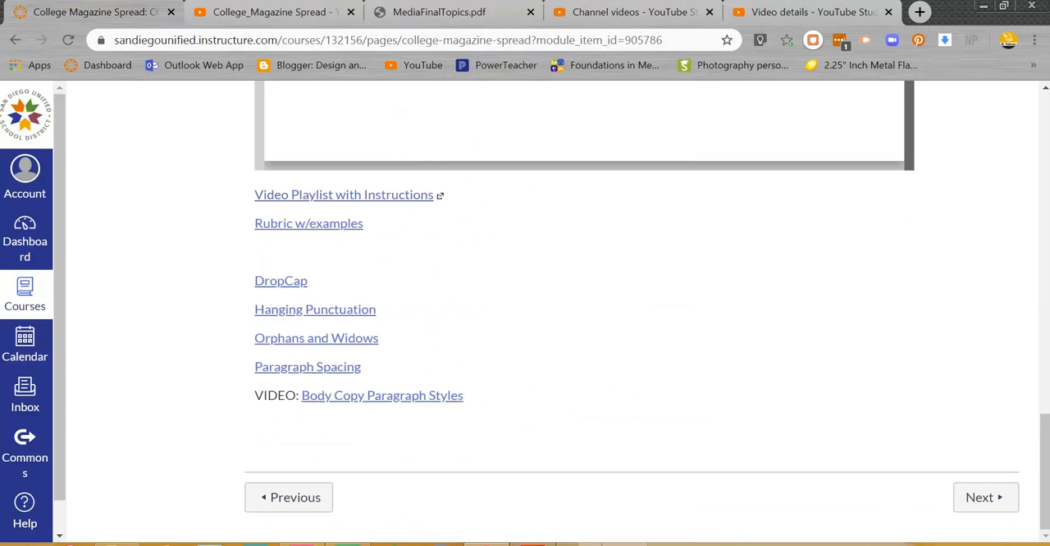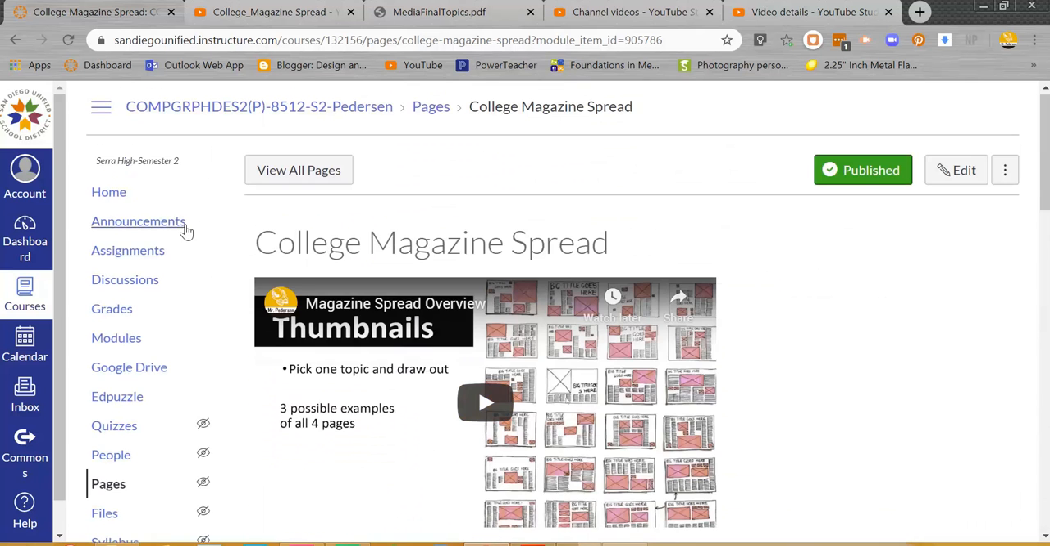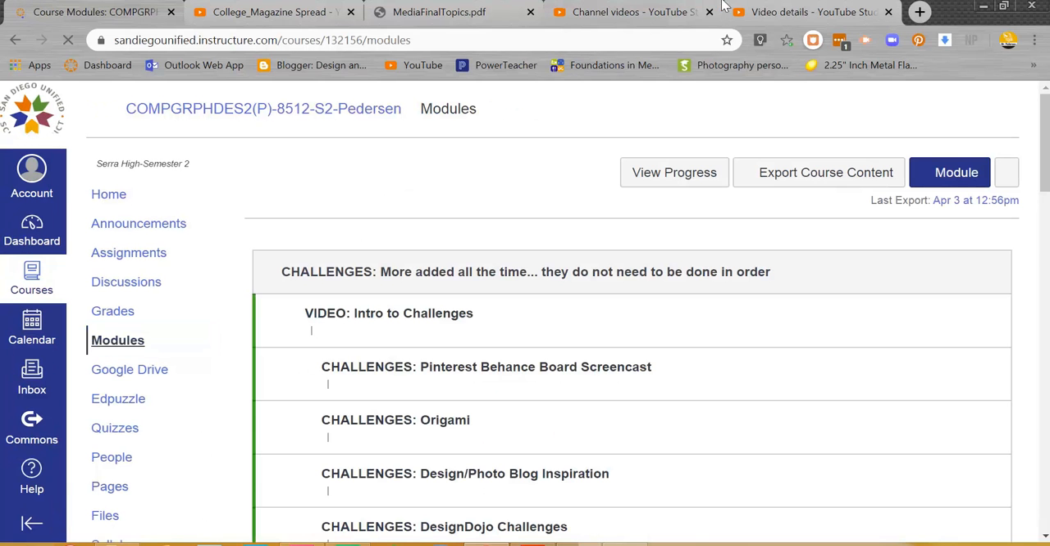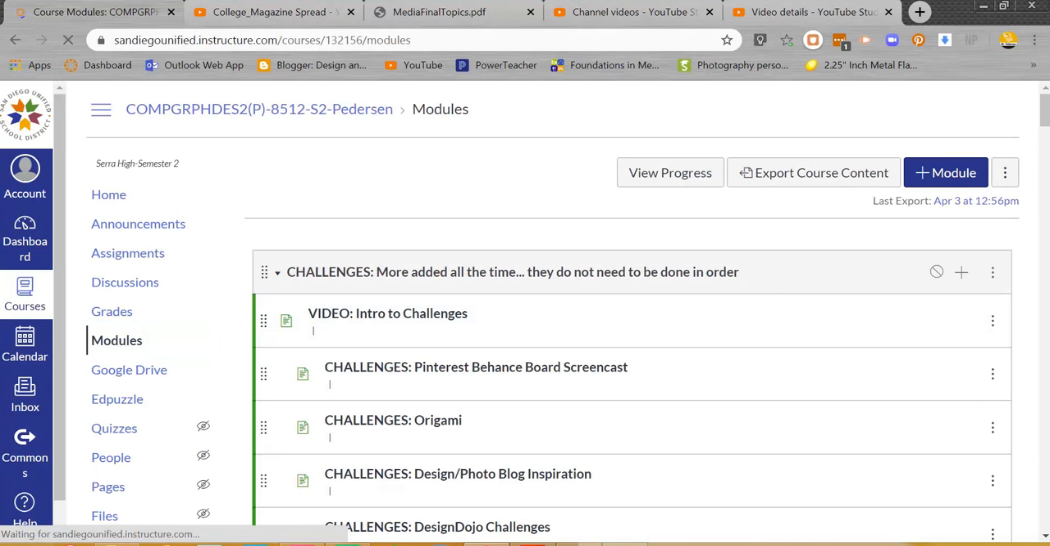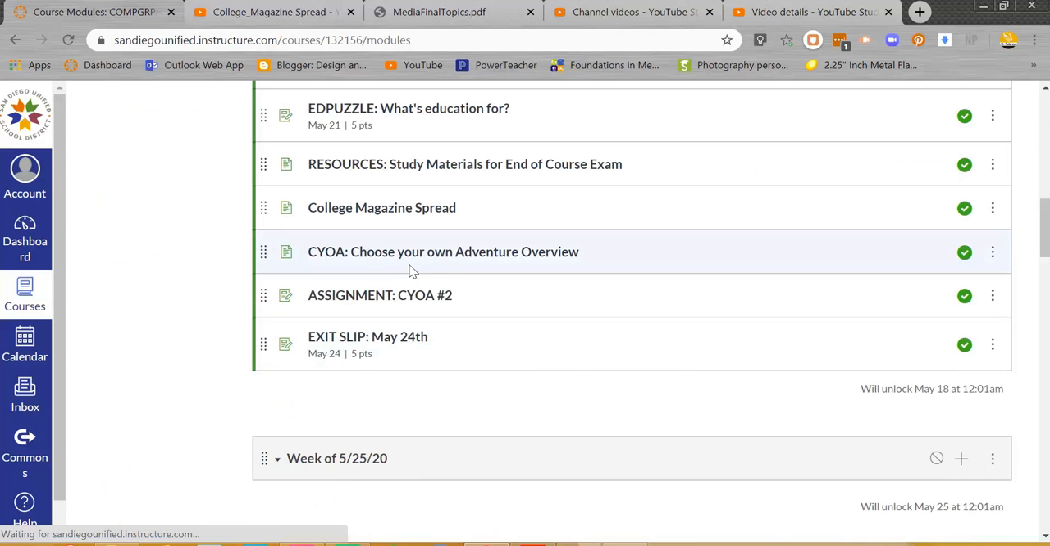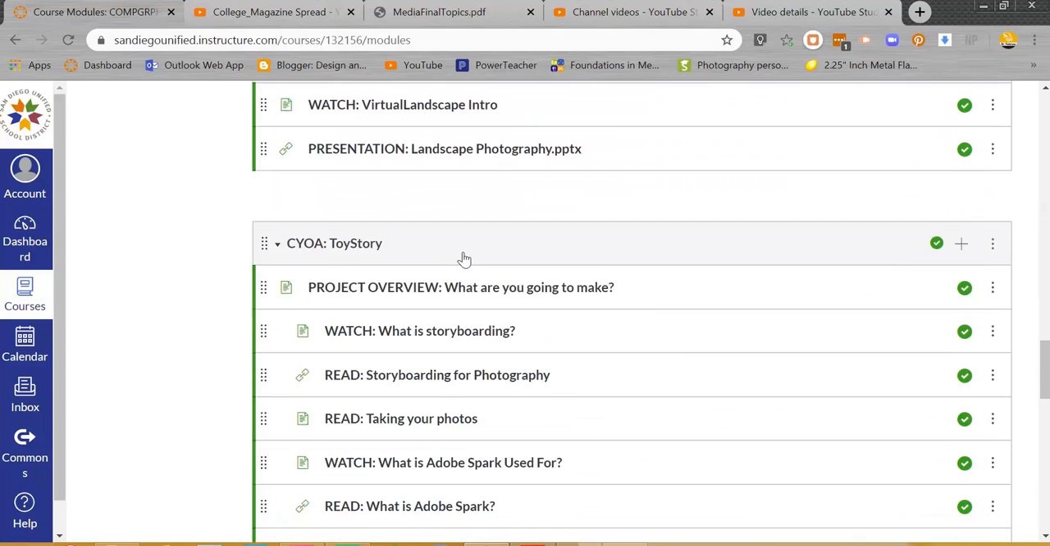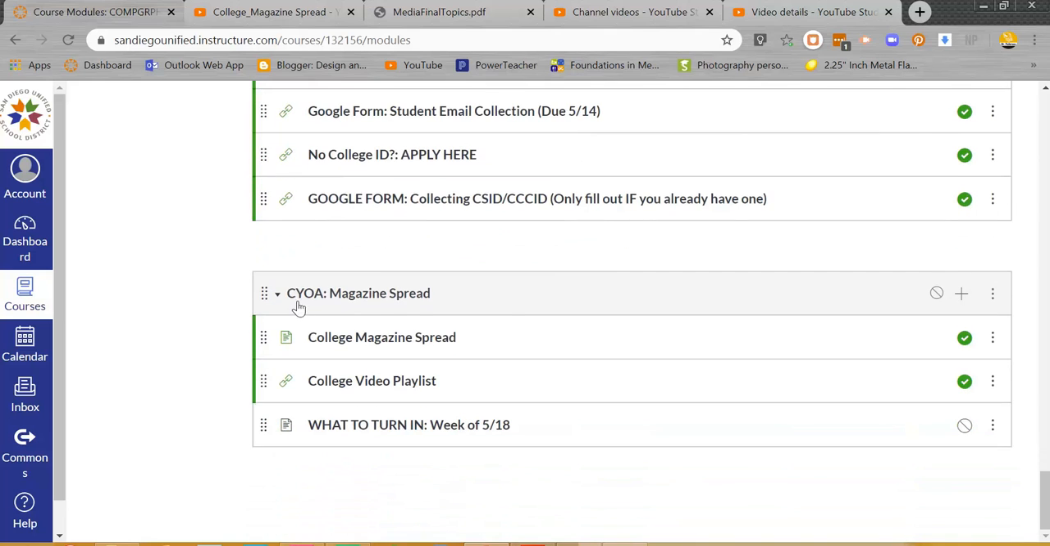Now, if you choose to do this one as your Choose Your Own Adventure for this week, let me show you where I have more information on that. I will have this linked on the options for the Choose Your Own Adventure, so you'll be able to find the college magazine article listed here. But down here at the bottom, I have the Choose Your Own Adventure magazine spread. I've included the link with all of the resources. I've included the college video playlist, and I've included this, because this is the part that I think is the